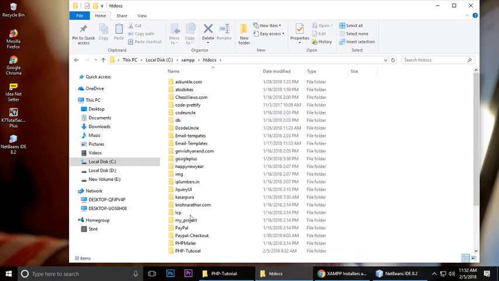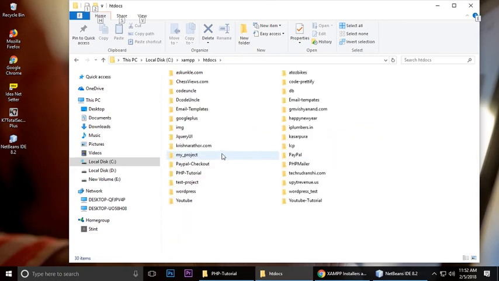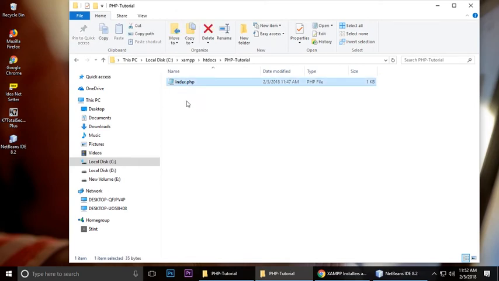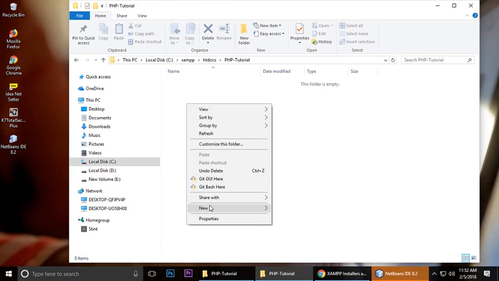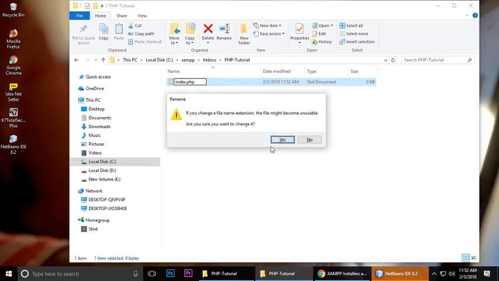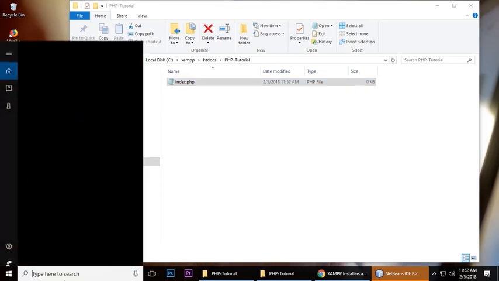Go to htdocs, and here you can create your project, meaning your folder. I have already created lots of projects here. I have already created a project called PHP tutorial, which is this one. You can delete this file, then right click, new, text file, and give it any name with .php. The .php extension says this is a PHP file, and we can run it on a server. After installing XAMPP, you will get